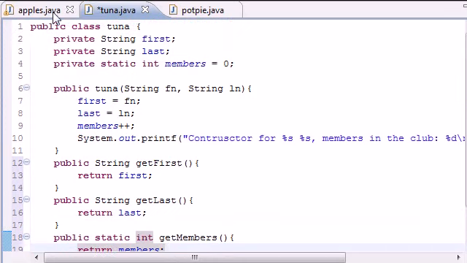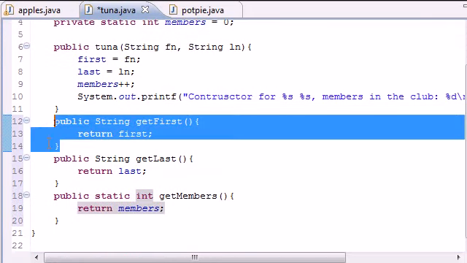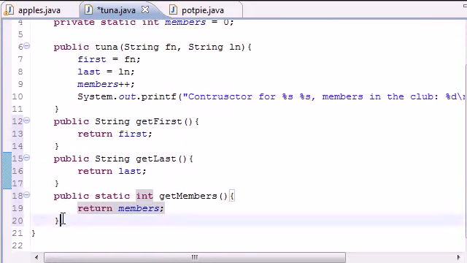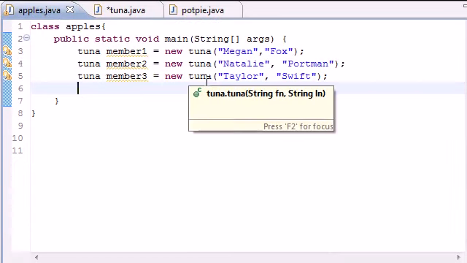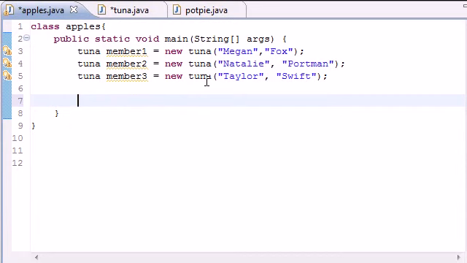So now we have three variables up here: a private first, a private last, and a private members, which is static. This method returns the first name, this method returns the last name, and this method right here is going to return the variable members. So now that we have three objects made, go back in your main apples class, or whatever you call it, and let me show you how each member has its own set of